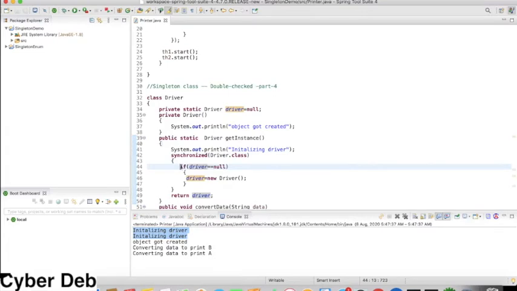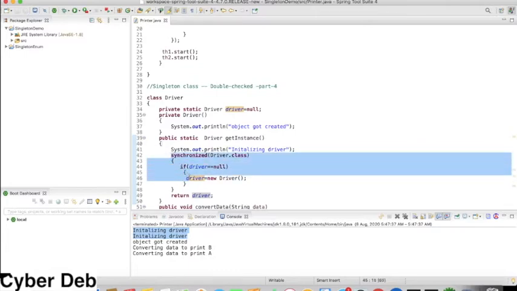So here we have gone for double checking. The thread whoever is going to execute will enter into this, create the object of Driver and come out of the synchronized block, so that the second or third or any other thread which is waiting can enter into the synchronized block and find out whether the driver is null or not.